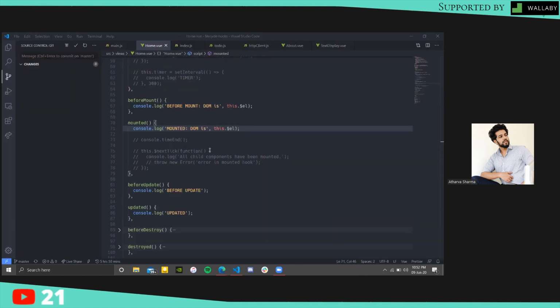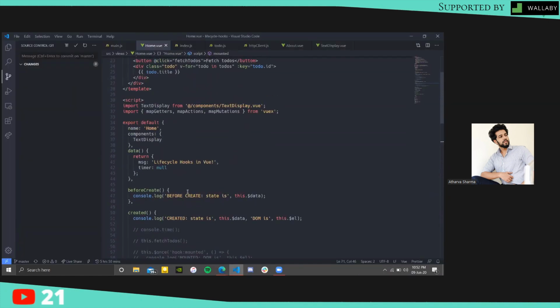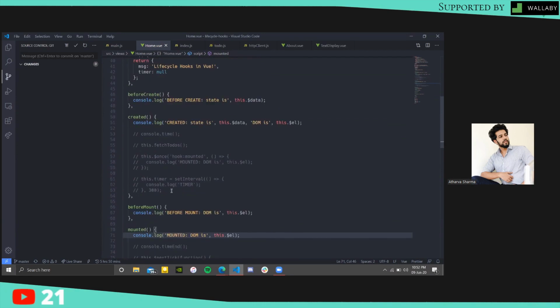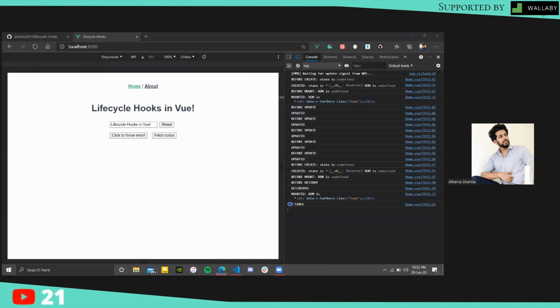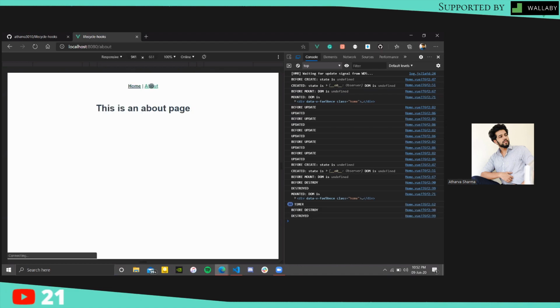Now, when we jump to the code, let's say I were to create a timer. We have a data property named timer. We are just setting a set interval here of 300 milliseconds, and it will just console log timer. So if we go back to our app, we see the timer is running: 44, 50, 53, 54, 55, and it just keeps going on. Even if I change the route, that is, the component is destroyed, nothing happens. The timer still keeps running. So we have a memory leak here.